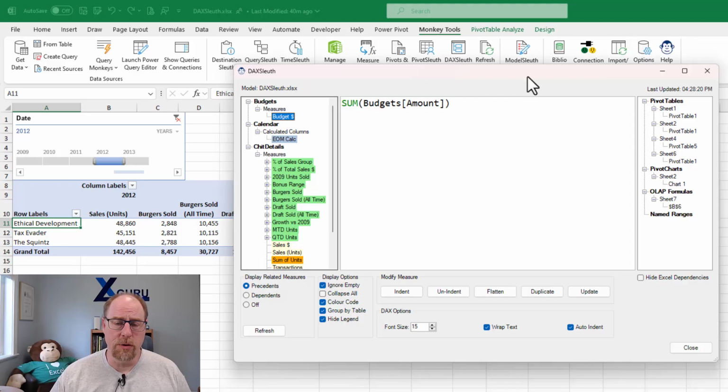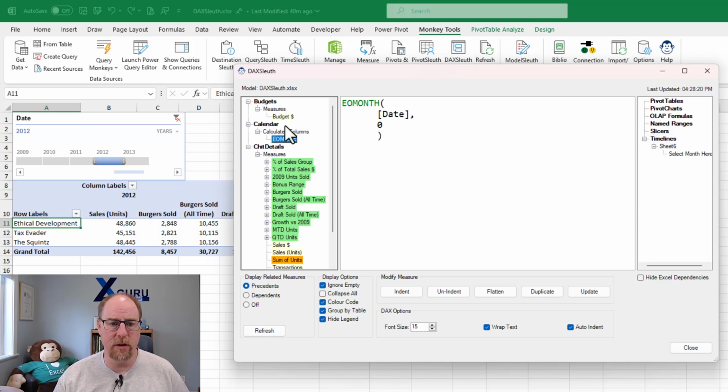By its very nature, the DAX Sleuth is a dependency and precedent tracer for your DAX measures. So if we take a look at the left-hand side of the screen here, right now I'm looking at the budget measure, which is fairly simple. There's no plus or minus that's showing up on this. This is just a standalone individual measure. And if I move off it, you'll see it is highlighted in a nice light yellow color that indicates it